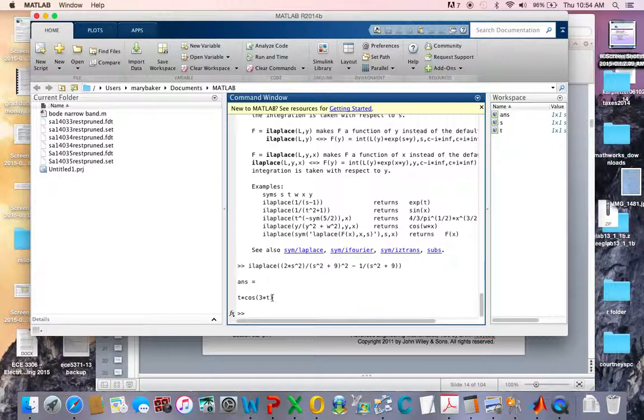Now, sometimes when you take an inverse Laplace transform, you'll get a really weird expression, and as we work some examples later on, I can show you some of those. It will sometimes return a function called Heaviside, which is the step function. It will sometimes return a function called Dirac. So sometimes you might need to rearrange things into a form that you want. But taking the Laplace transform and the inverse transform becomes much easier when you use